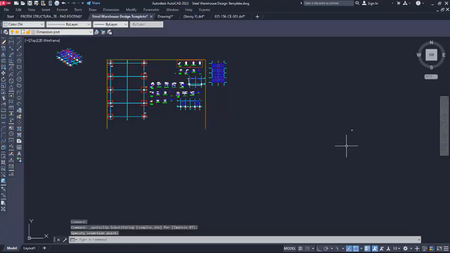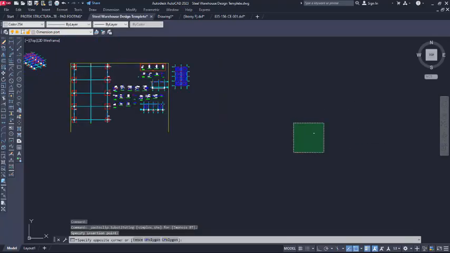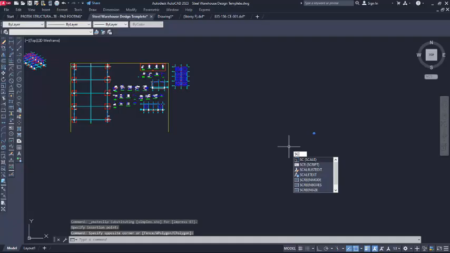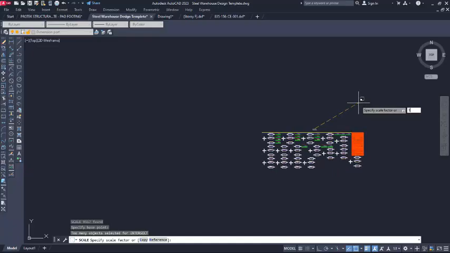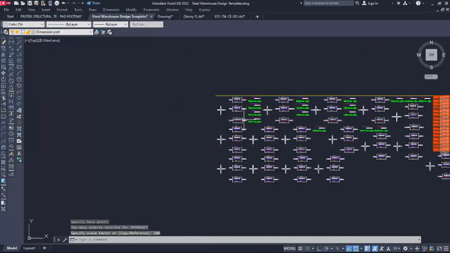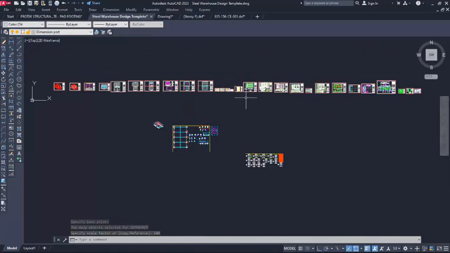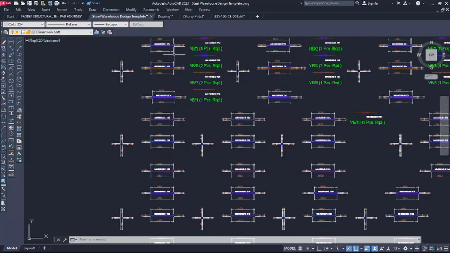Pasting it, you can see how small it is, just as I've told you earlier. So I'll scale it: SC on the keyboard, enter, and then pick on these drawings, move your hand this way and key in 100 so that you can meet up with the existing scale of this drawing environment. Click on the enter option there. So this is now on the same scale with these other ones, so you can easily arrange and edit